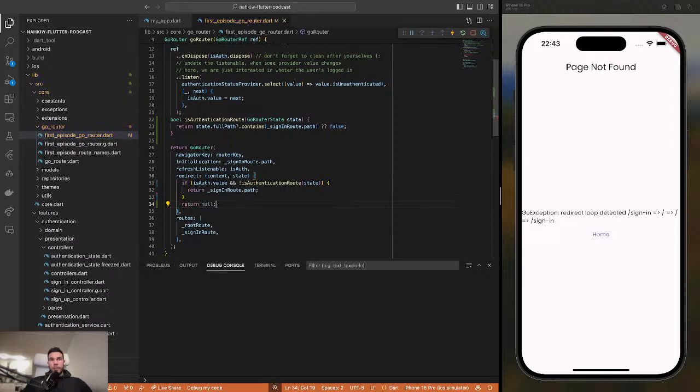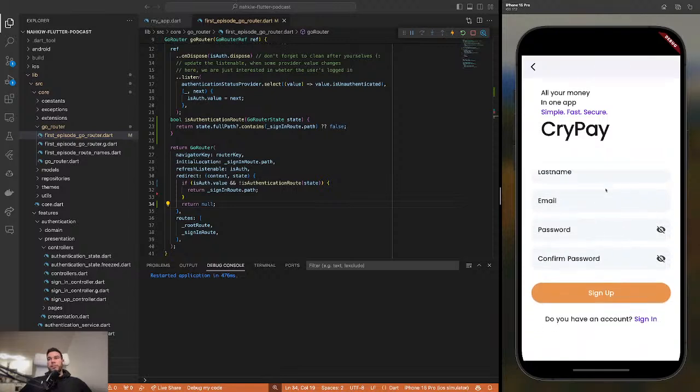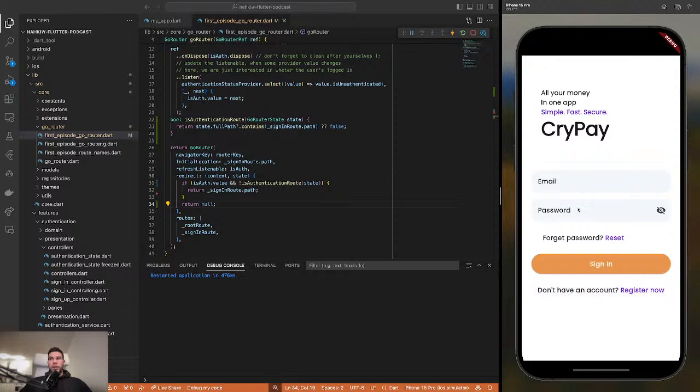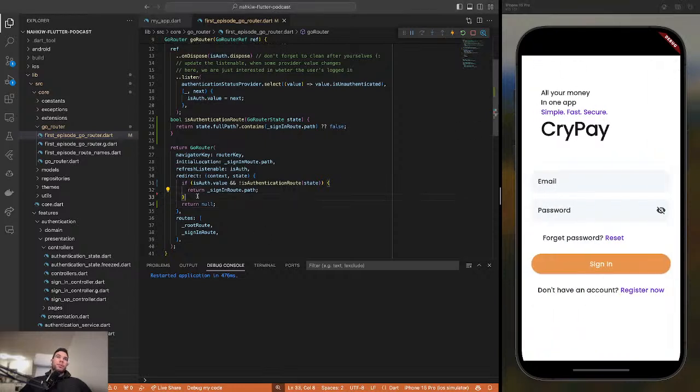We will return null. That means don't do anything at this time. And we test if our sign in is, yeah, now it's working well. What is happening? If it returns null, that means it doesn't redirect us to a new route. So what we should do right now,